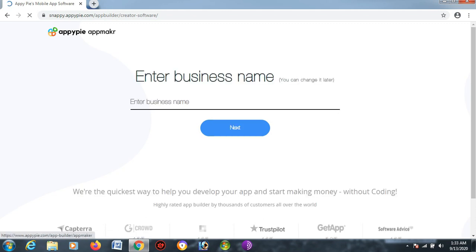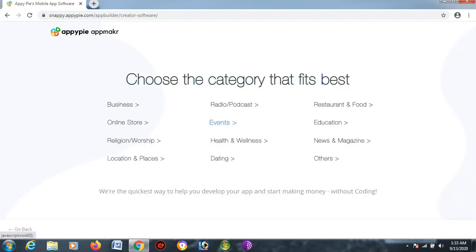Here comes the Appy Pie app maker. Over here you just need to give a random name. This is my gaming name though. Just click on next.